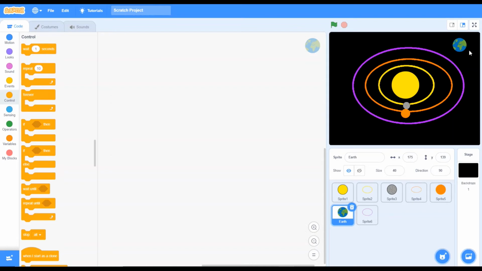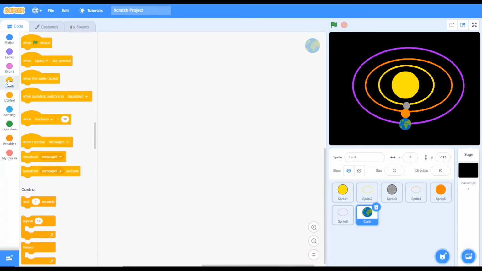Friends, now we have to start the coding again. Sprite 6, you can go and sit here, and Earth you can come. Welcome. Earth, sorry, but your size has to be decreased to 39. Is your size even changing? Yes, it's 2. Okay, the size will always be 35 because now I will keep it here. Yes. Now it's looking perfect.